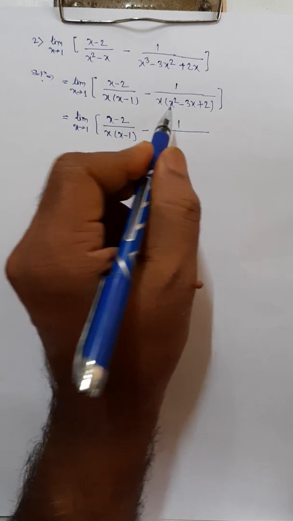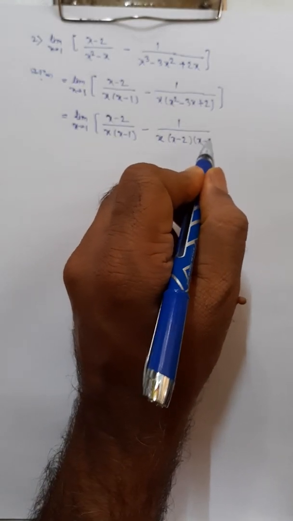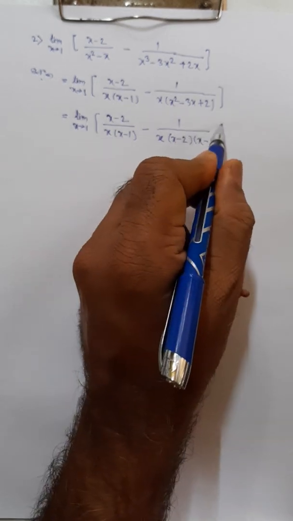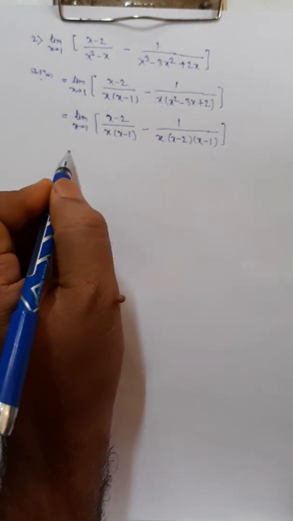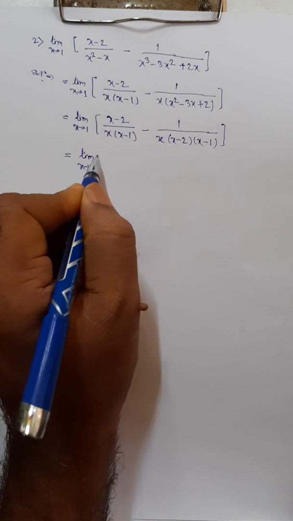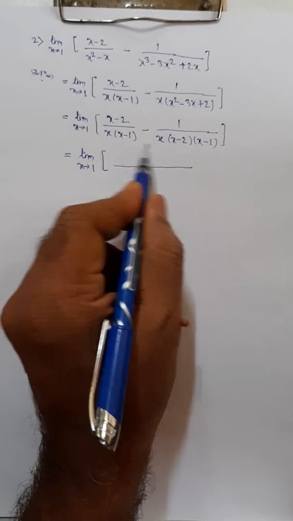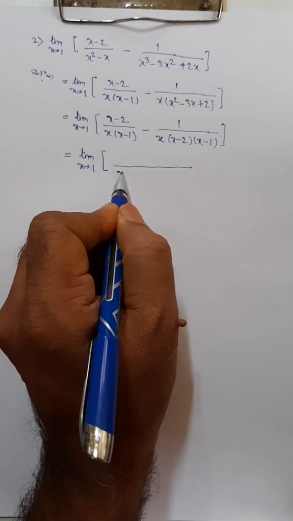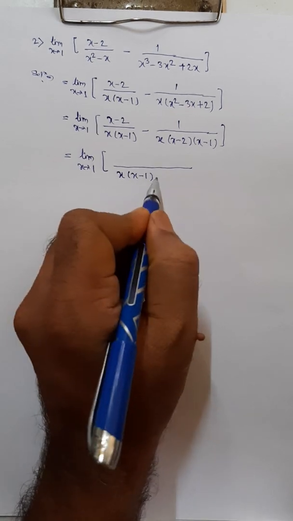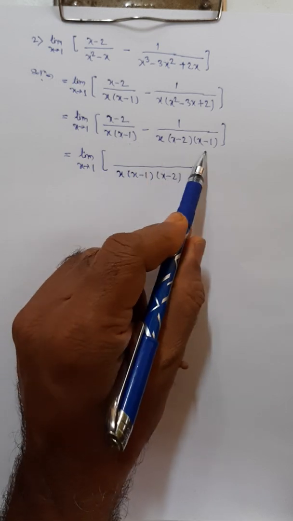We can factorize this quadratic expression. Factors are x minus 2, x minus 1: minus 2 minus 1, that is minus 3, minus 2 into minus 1 is plus 2. Then we take LCM, so it is equal to limit as x tends to 1. LCM means least common multiple. Take common factor for once, we get here x into (x minus 1) and then (x minus 2). Note that here a repeated factor is taken for once.